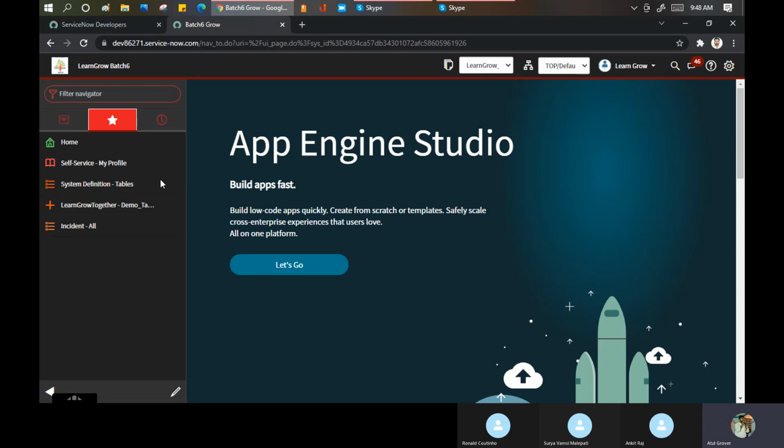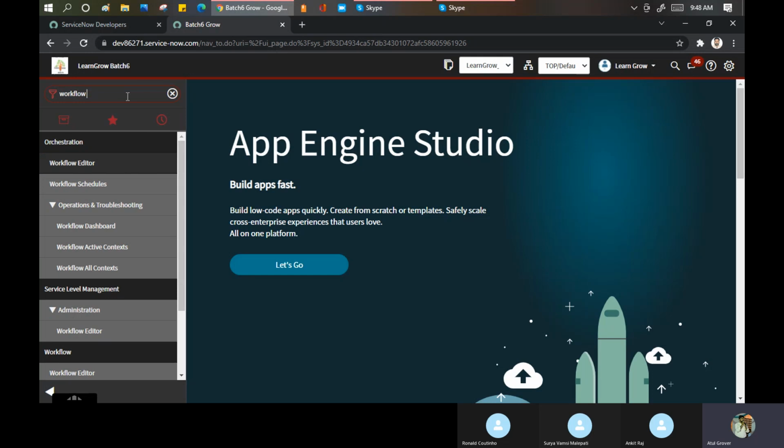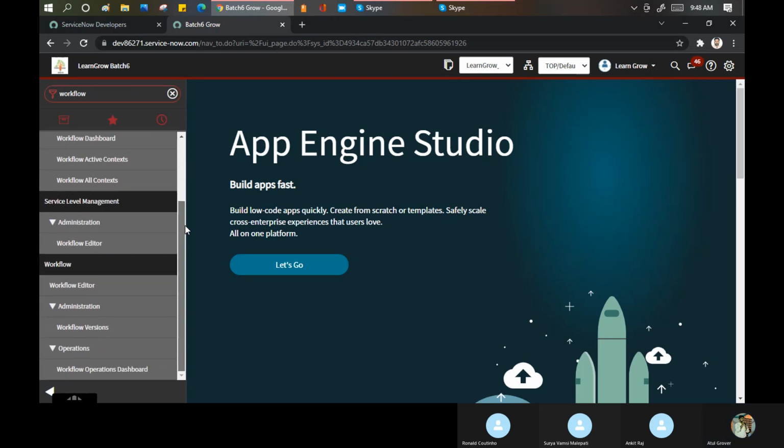Catalog management, oh sorry, this one, workflow admin. Now if I go here, workflow, I'll go in this area, workflow editor. Option is also available.